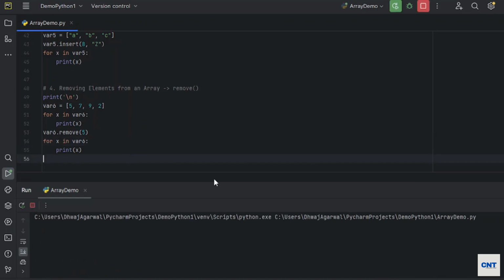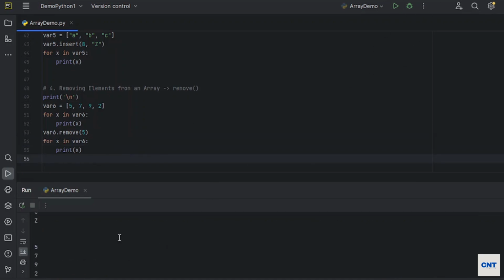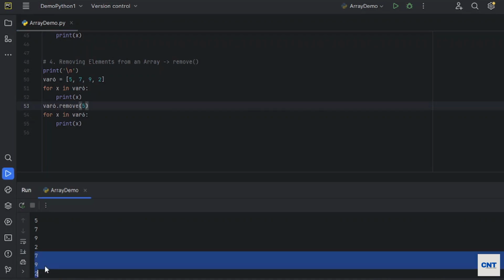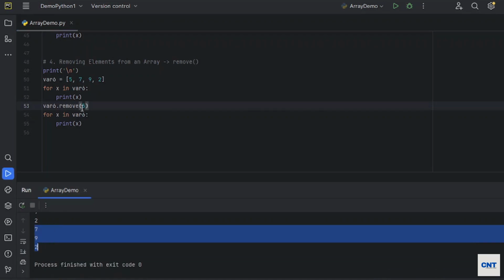Let's run the program. It printed 5792. Then I removed 5 from the array, and it printed 792 only. You see, we have removed a specific value from the array.